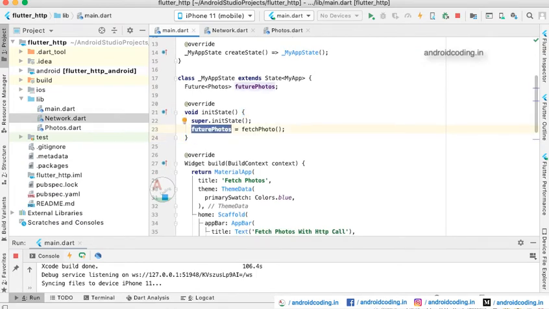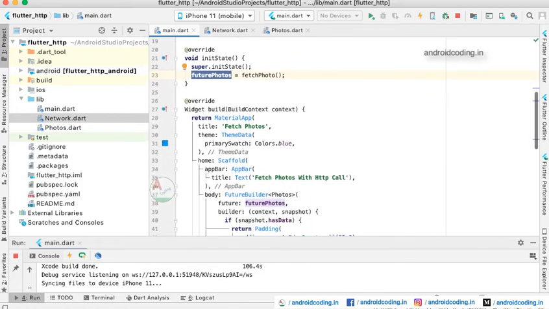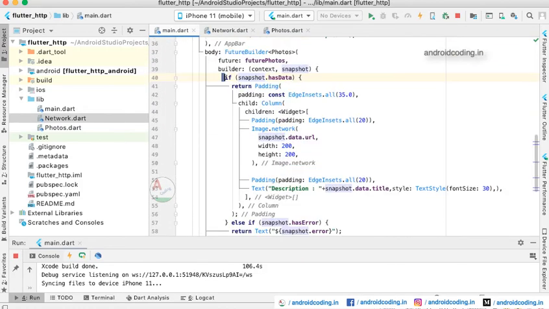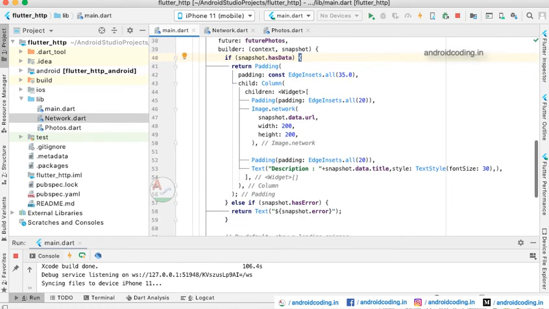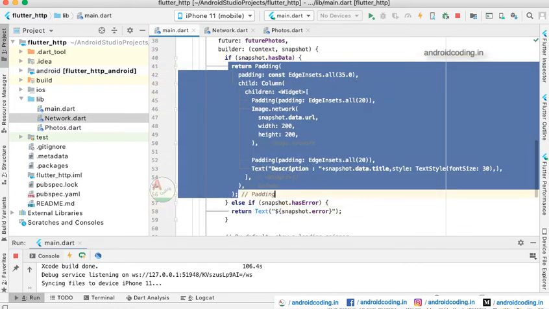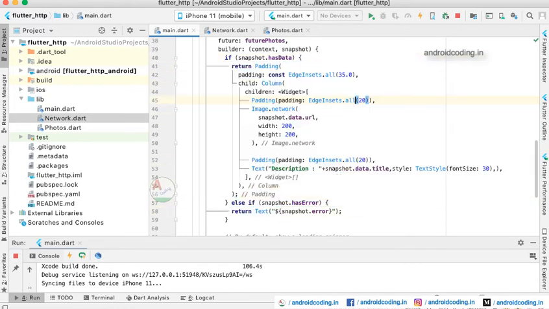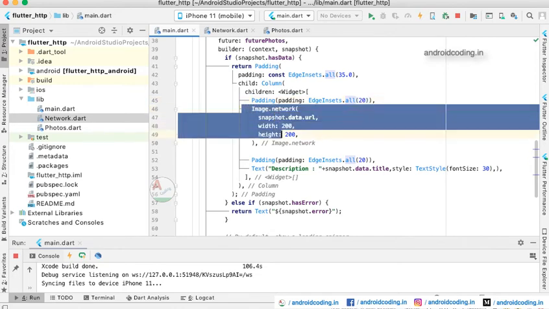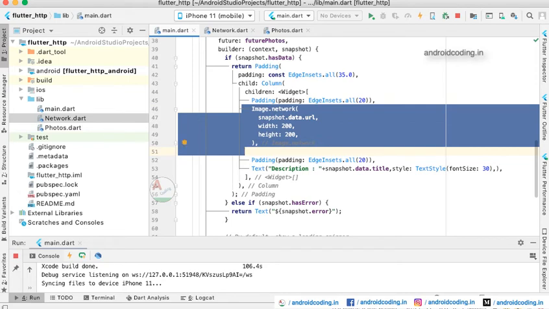This fetch photo we are calling from the main, as you can see, and we are appending it to our future photos object, by using which we will check whether the snapshot has the data. If the condition returns true, then we enter this particular block where we set the data. We have considered a column inside which we have placed an image view and a text view.